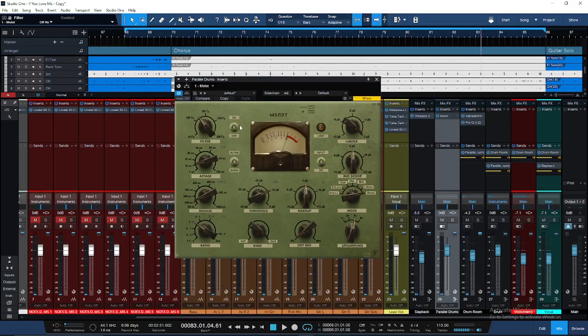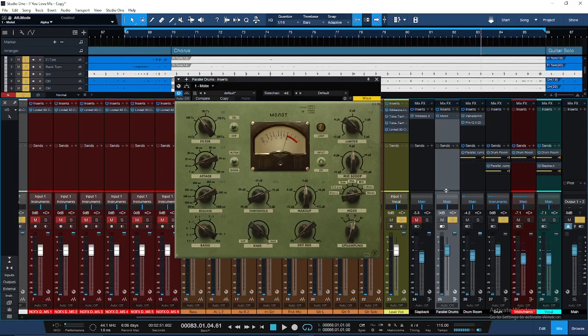This is an emulation of the Fairchild 670, which is a super sought after compressor. I mean, you can't get one of those things for, God, they're like $400,000, 40,000, but still equally unattainable. So this compressor is super colorful, super aggressive. I'm going to dial this guy in, and then I can blend this with my dry signal. So if I press play here